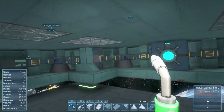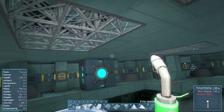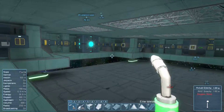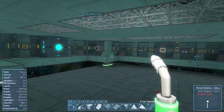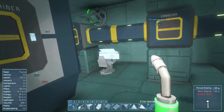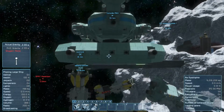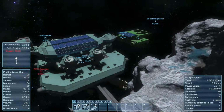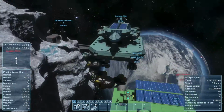So, I may decide to make these windows, or I may just cover them over. It's very bright in here. I imagine it would be really dark if I was down on the planet, though. So I'd probably put some lights in or something like that. But yeah, I'm getting ready to do an atmosphere test. Don't ask me what that was. But this is,